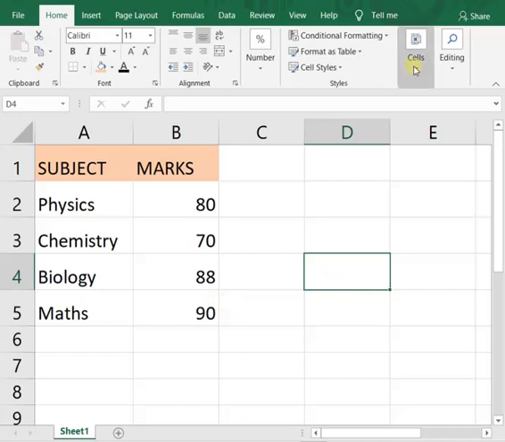Similarly, you can change the column width. Column width means the width of a column, the horizontal distance the column takes.